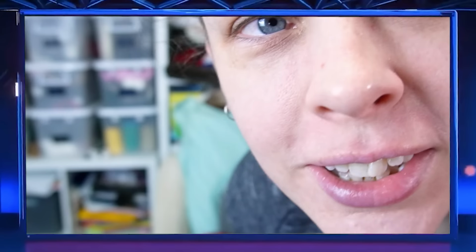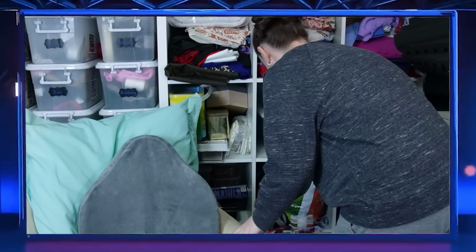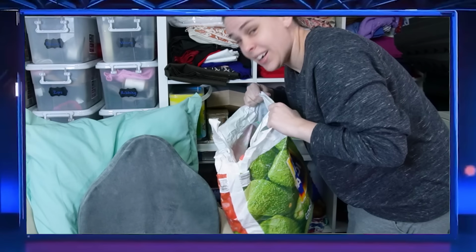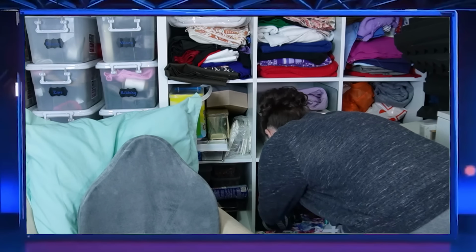Hello, it's a bit scary, isn't it? I didn't mean to press record then. I think most of my WIPs are over here. Okay, I've got a bag here. Yep. That's definitely a WIP bag. And then... oh,